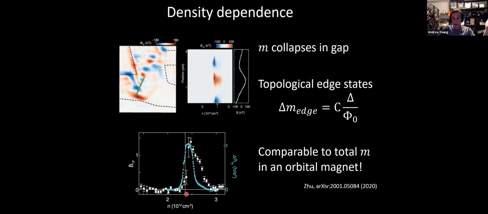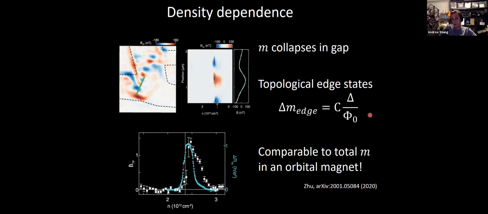So there's an interesting idea for how this might come about that appeared from Alan MacDonald's group on arXiv right around the time we were doing these measurements, which points out a very simple fact: topological edge states contribute something to the magnetization. In particular, for a given Chern number and a given energy gap, you will have a net change in the magnetization as you cross that gap that's simply proportional to e divided by the flux quantum. That's some number, right? It's not a very big magnetization density. It almost never matters in systems like